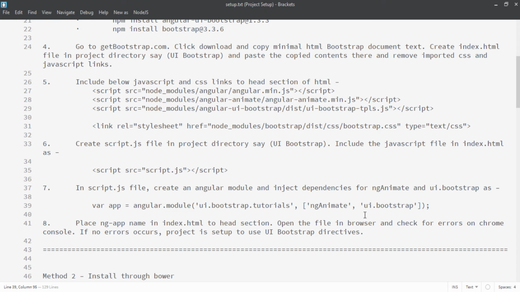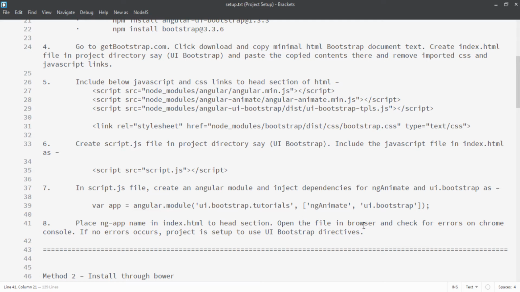So basically we created an Angular module, and in order to use the UI Bootstrap, we just provided a dependency of it along with the ng animate. The last step is, whatever module we created, we have to provide it into the ng-app in the index.html head section, and open that file in the browser.